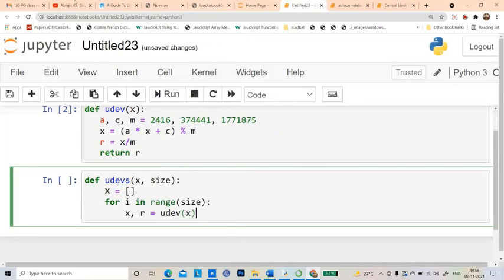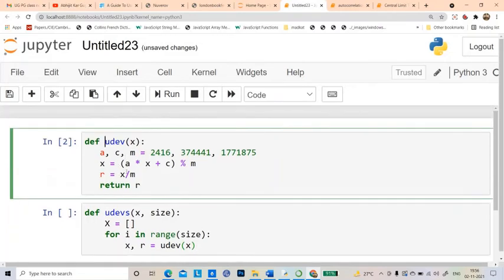But udef, the way I wrote it, returns only r. Let me also return x, because this x will be updated.